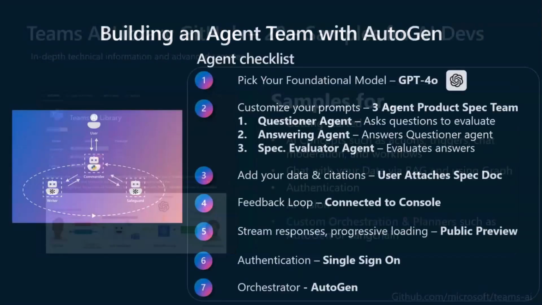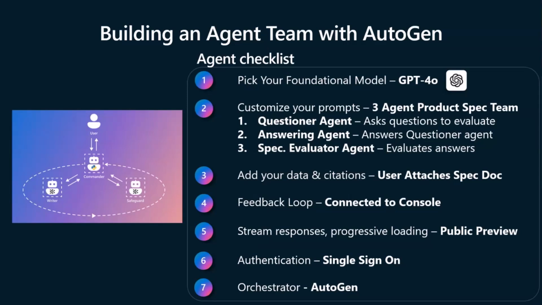So it brings up the exciting opportunity of building not just one agent, but a team of AI agents that collaborate with each other, and specifically for this sample, evaluate a specification document from someone on the team, and then coordinate between three agents, where you have a questioner agent that can coordinate with an answering agent, and then end up with the final decision evaluation from an evaluator agent. So it's all three agents, three separate prompts that you can work to coordinate as a team to have more improved answers.